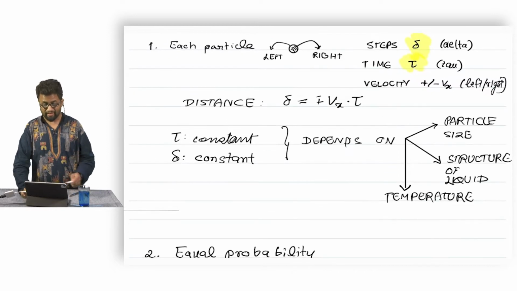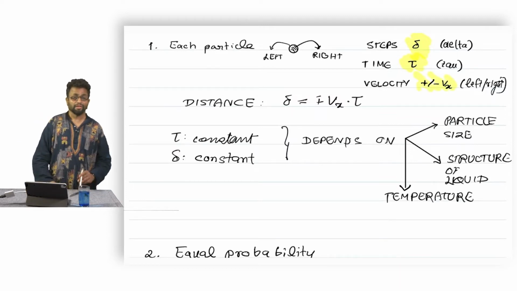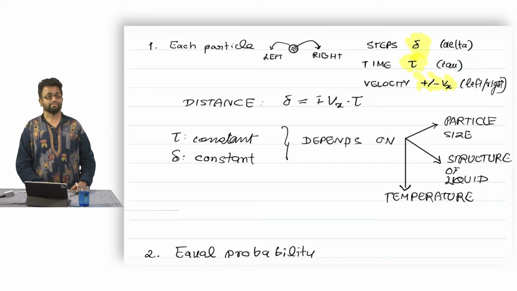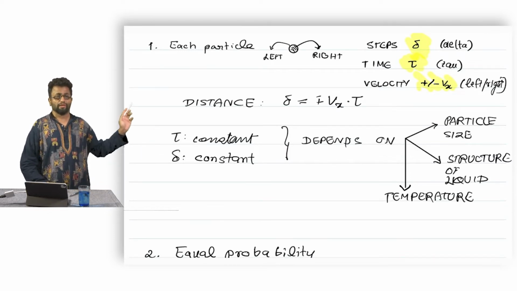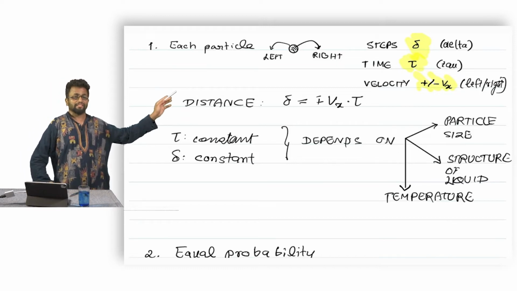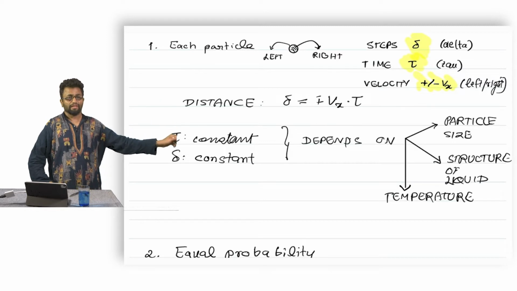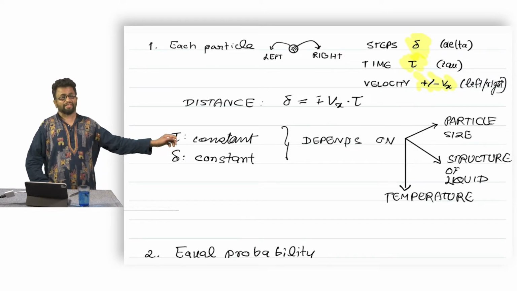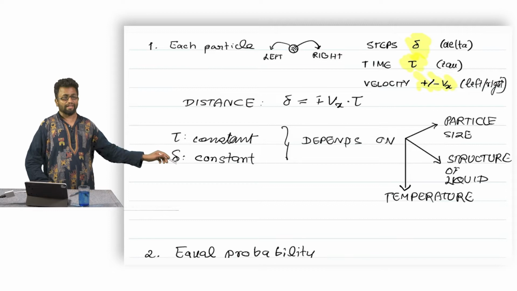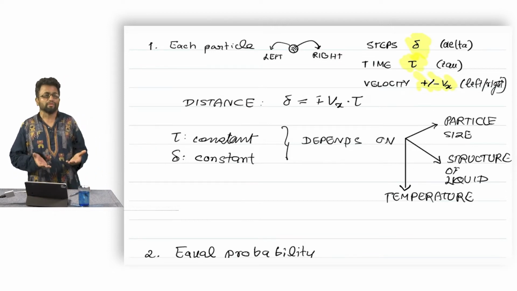So, then the distance delta is equal to plus or minus Vx times tau, because we have now added another term, which is Vx, the x velocity, one-dimensional velocity, which allows us to say that the distance is nothing but the product of time and velocity, right. And so, since we have defined that tau and delta are both constant, we need to answer the question: